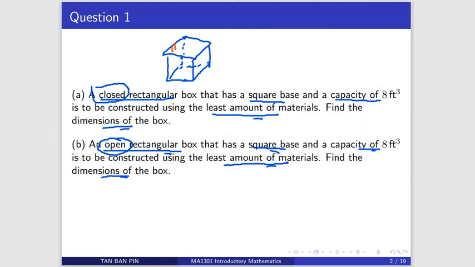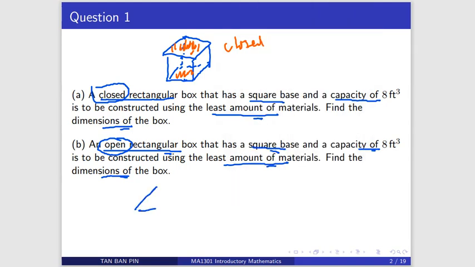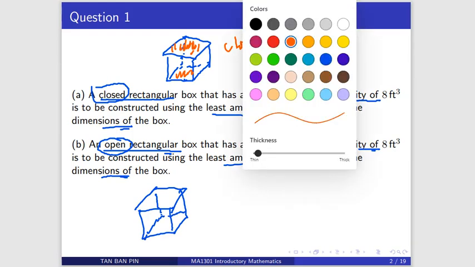So you should have 6 faces: top, bottom, plus 4 faces. So this is for closed. You need top and bottom. But for open, you just need the base, because there's no cover. So when you make a box, you just need to build the base. That's good enough.